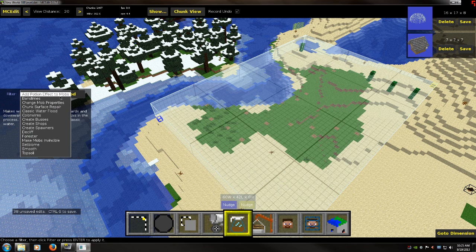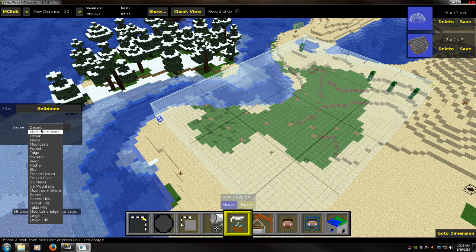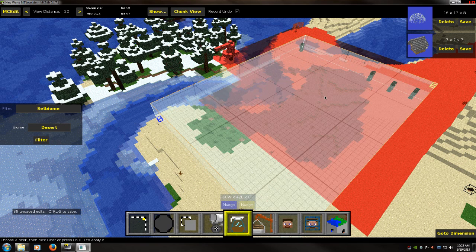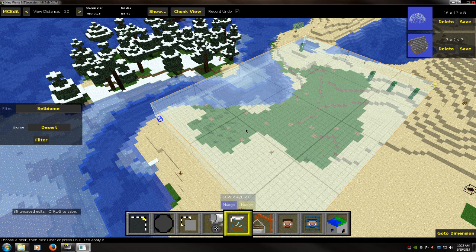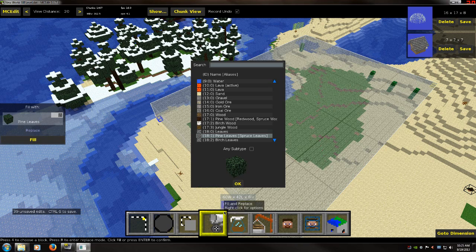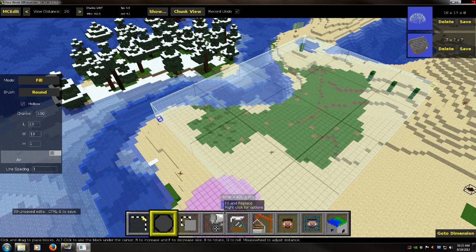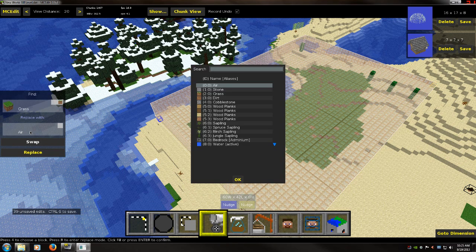You're going to click on here, you're going to go to your set biome, and we're going to want to make this a desert, but you can click here and make it whatever you want, but we're going to change this to a desert, and we're going to click filter. It means everything now inside the selection has been changed to a desert. So when you go back in game, let's do a fill and replace. We can do 2 grass, and we're going to change all the grass over to sand. Whoops. Fill and replace, grass, replace, sand,